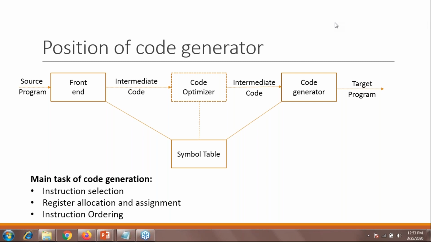Instructions in terms of assembly level code, like move a comma something, add a comma something, that type of mnemonic code is also required in your code generation phase, right?